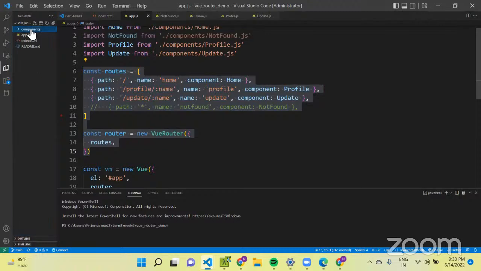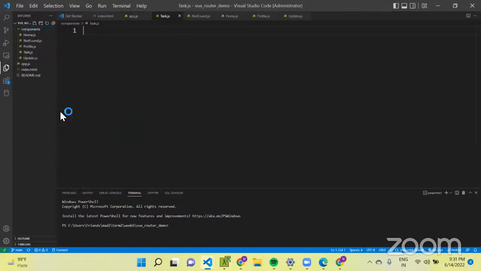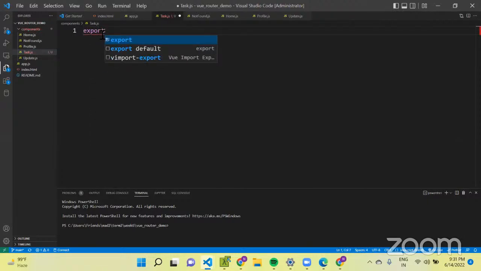So inside the component, I will just create a task component, task.js, and inside that, export default,